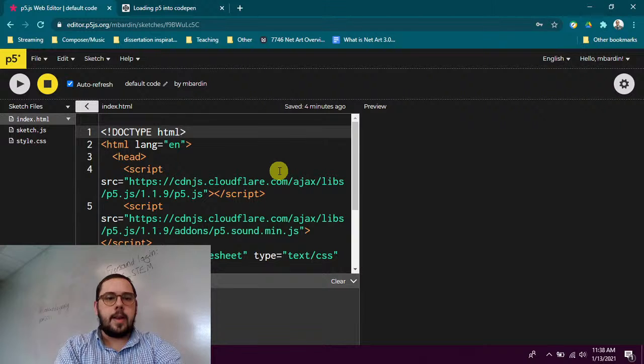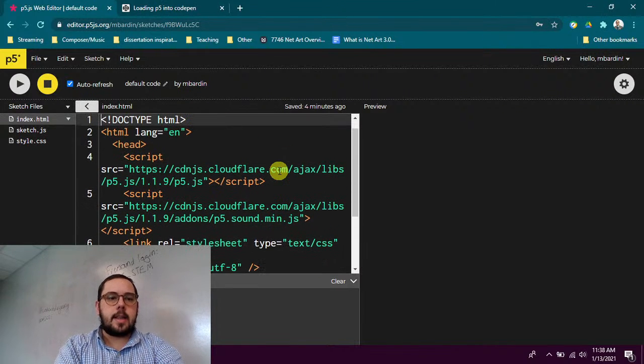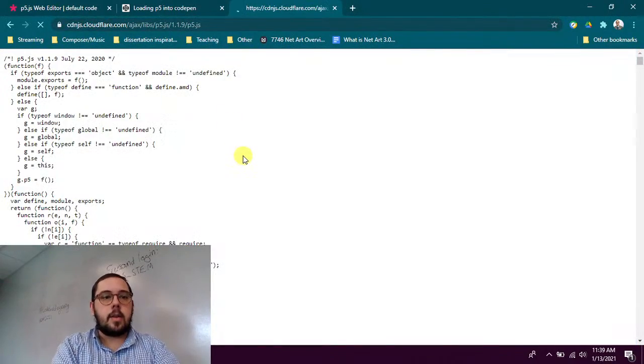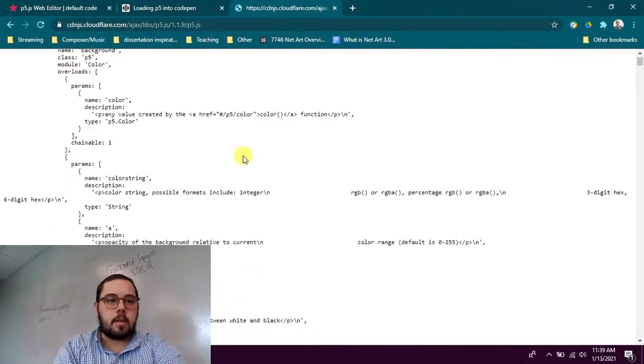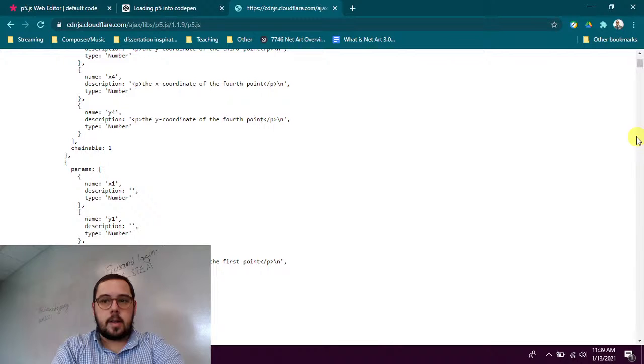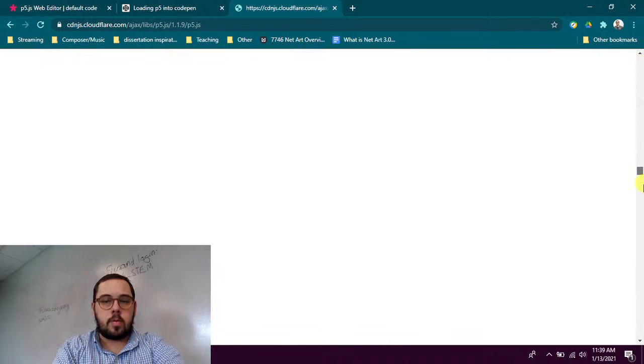It supports all of the code. All right, and you'll notice that here we have some source src lines, and there's just some URLs. Specifically, we have URLs to places where the library p5.js and so on is located here. In fact, if you were to go to this URL, say I wanted to copy that, paste it, you'll see that this is just one big code file. All right, this right here, it's a very large one. In fact, if I was to scroll forever down,